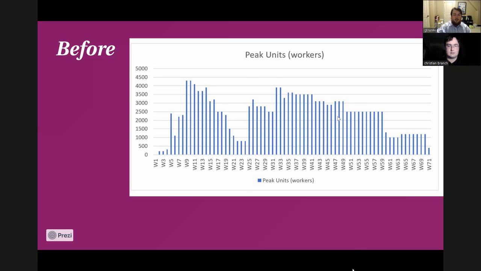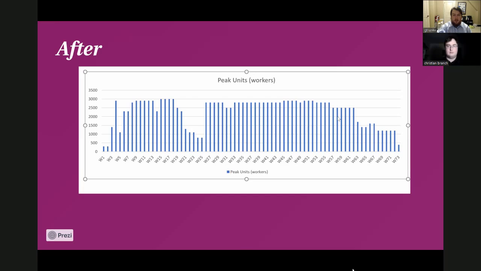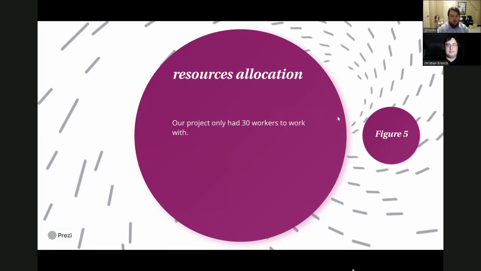And the next slide is the after allocation. You can see here we are below the 3,000%. Thus, we are optimal in terms of where our workers need to be, and it's much more uniform. So what this basically means is that,